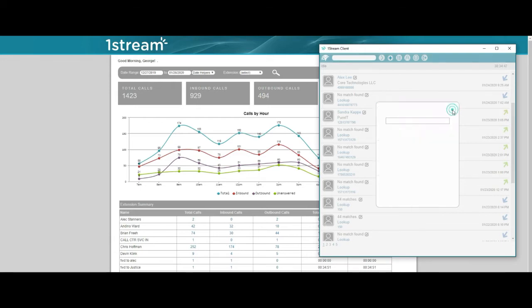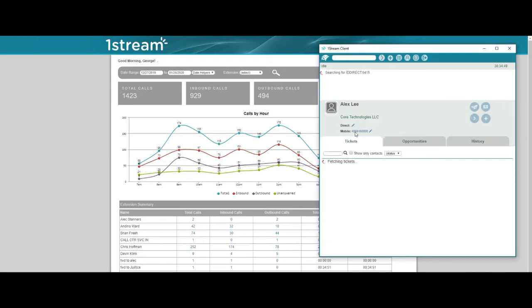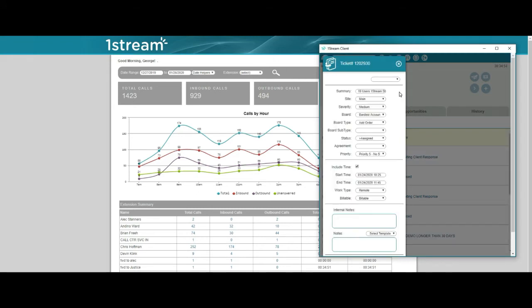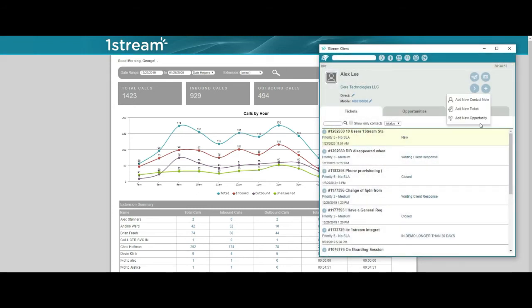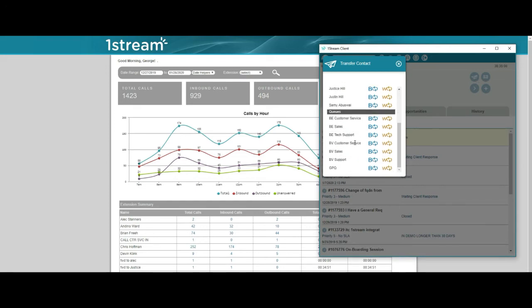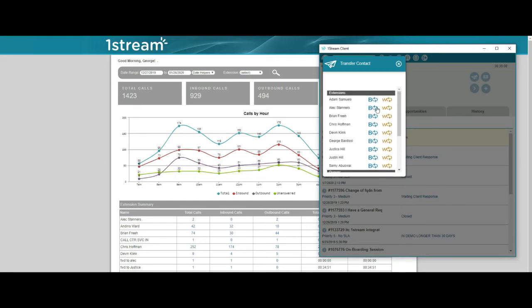Once we've done that, all the cool stuff starts happening, right? We can do screen pops, we can do tickets, attachment, updates. We can create new tickets, opportunities, notes, time entries. We can do a whole bunch of stuff. We can do smart call transfer, which allows us to transfer a call to another queue or another person within the organization, either in a blind or warm transfer. Blind transfer just transfers immediately. Warm transfer, you talk to them, and then once you're done talking to the internal person, the call bridges. And so that's kind of cool, right?